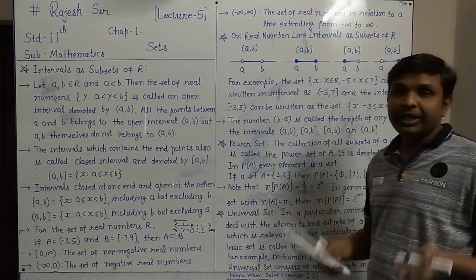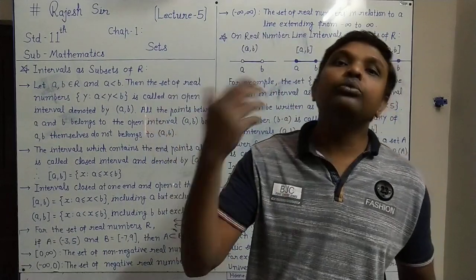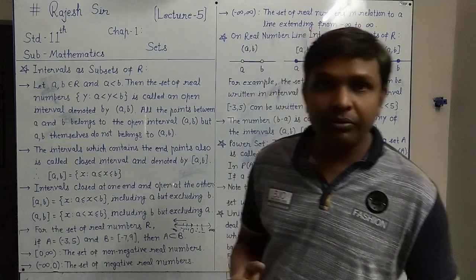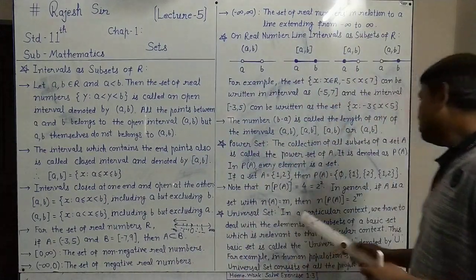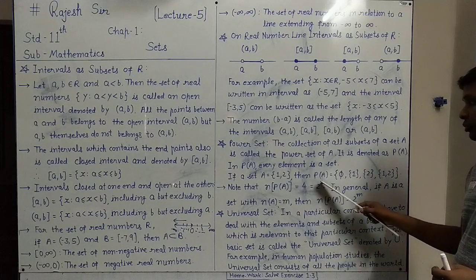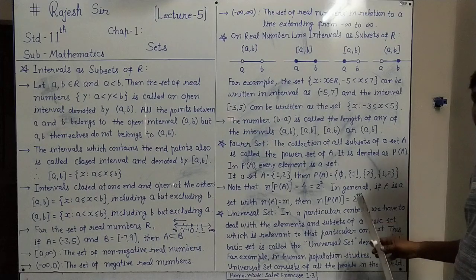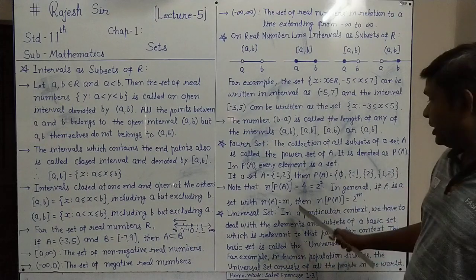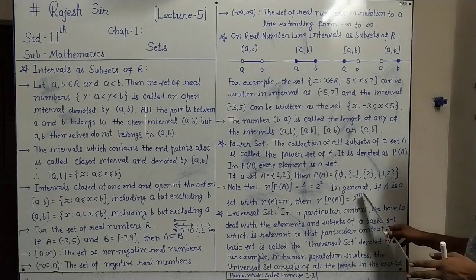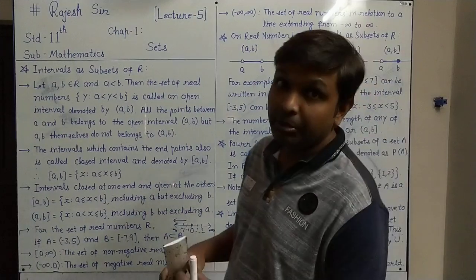So always, to get the number of elements in the power set, what you have to do? Take 2 raised to that number which denotes the number of elements in the set. The number of elements in the set here is 2, so we have written 2 raised to 2, m as 2, so it is 4. So in general, if the set A has m elements, to get the number of elements in the power set of A, we place 2 raised to m, and we will get the number of elements in the power set.